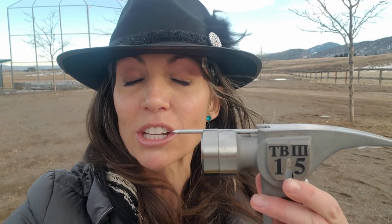Anyways, and look at that head. It is smooth and shiny, and it doesn't have those waffles in it where it gets divoted and then starts making marks on your trim. So annoying. And then look at that. That is where the nail puller is, so you don't leave claw marks in your trim and your wall and you're like, oops. Yes. So anyways,